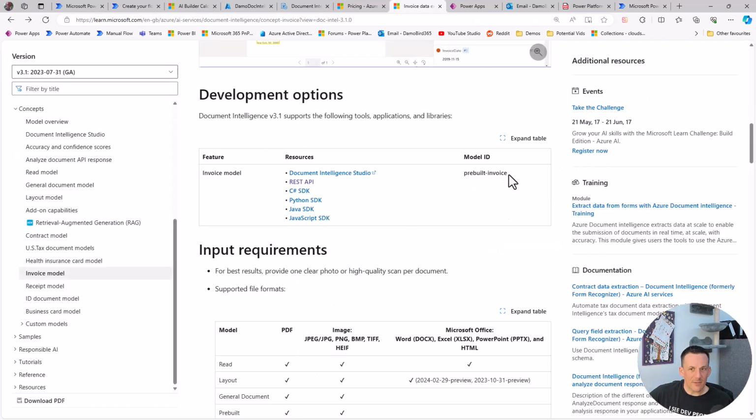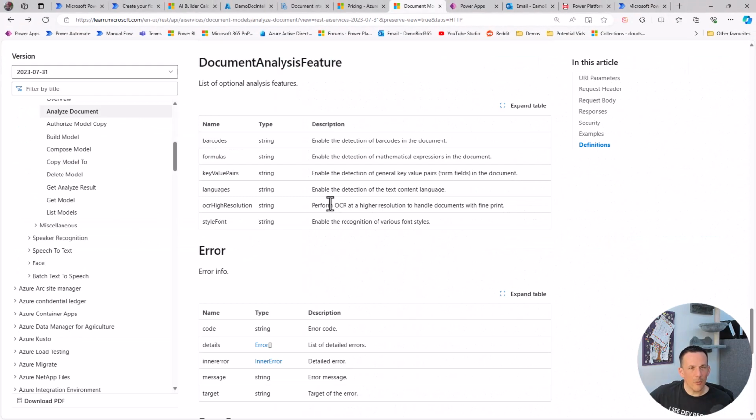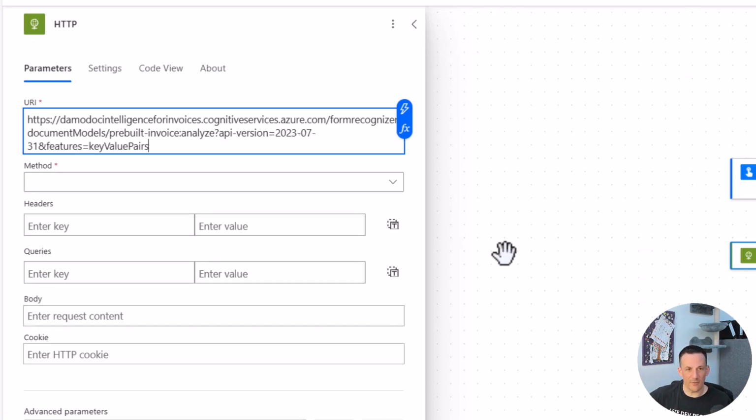Now the model ID based on documentation is the pre-built invoice. I'll copy that, jump back into my flow, and be careful to make sure that I remove those squiggly brackets, and we now have that in place. Other optional features that you might want to enable or include are these values here which you pass in the URL. So for instance, key value pairs, if you want to enable that feature, which basically provides you with an additional array of key and values based on common entities, you can jump back into the URL string, add in an ampersand, the word features, and then equals followed by key value pairs and anything else that you want to